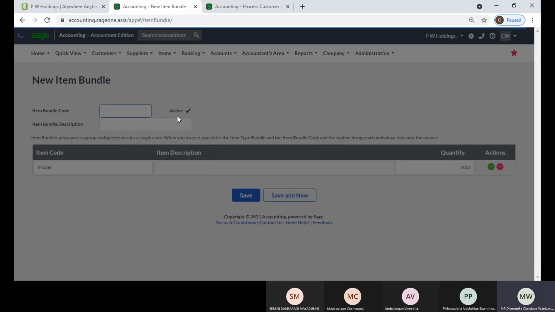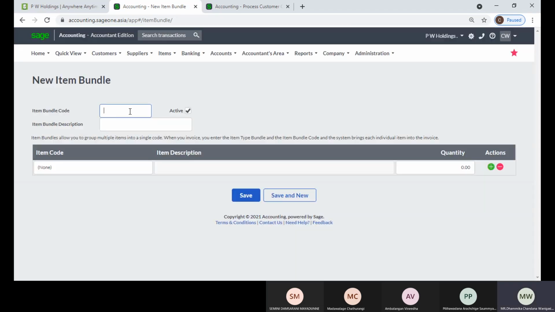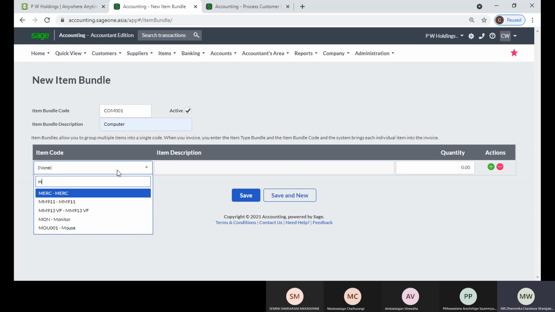Click add item bundle, enter item code, bundle item code, and enter description, and from here you can select components: